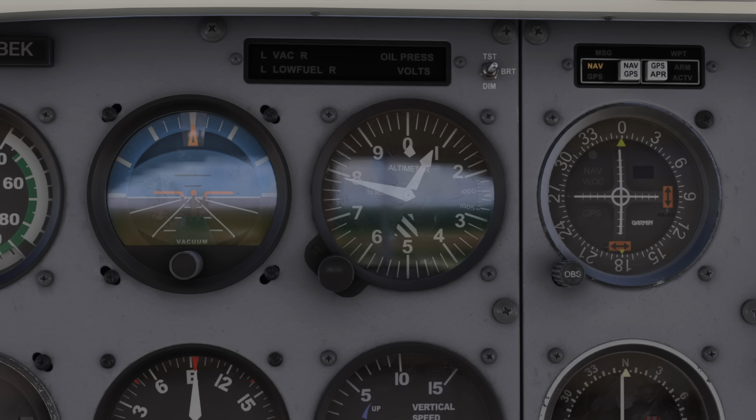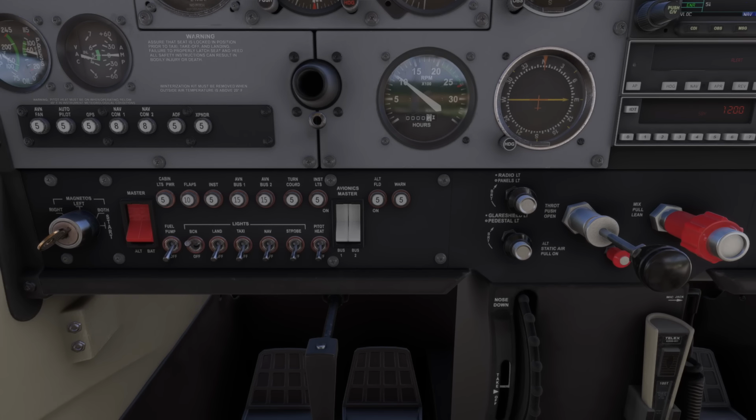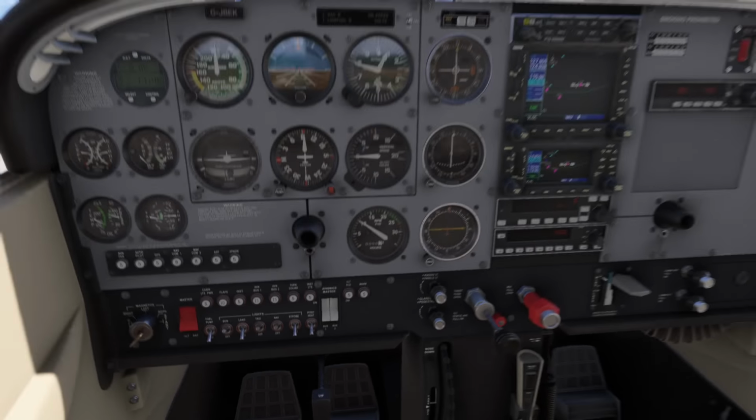Okay, so we're almost ready to get going. So Shift and 4 brings us down here. We can go and put the taxi lights on. We can put the nav lights on. And we're going to go and check the